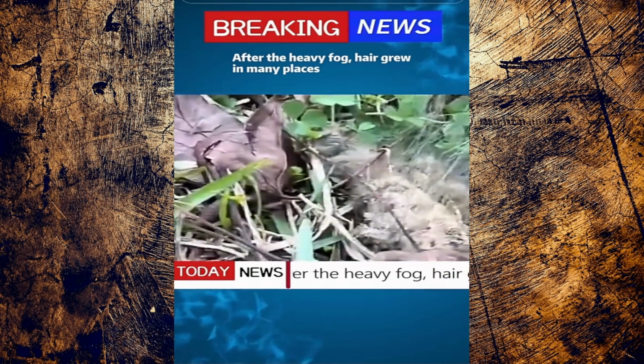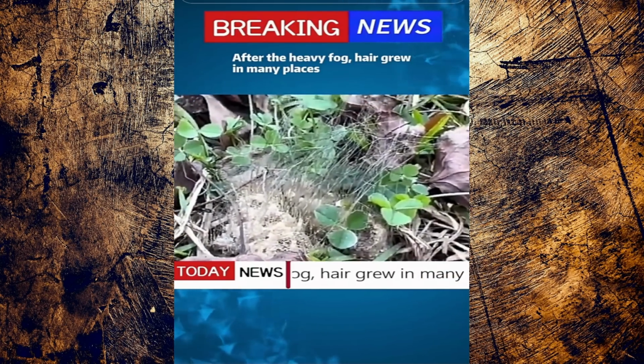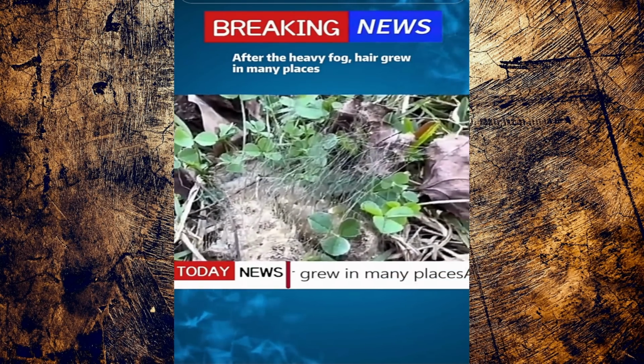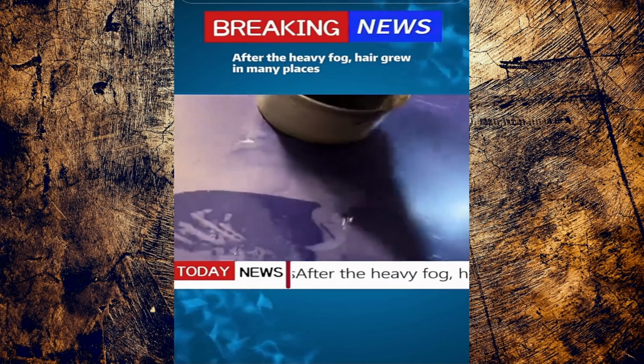Did you hear someone coughing from breathing that? Never seen anything like that. And then I've seen people on TikTok say they've seen it since the fog yesterday. This is what I found today. This hair is growing out of...